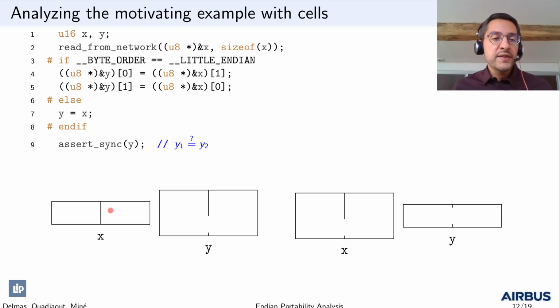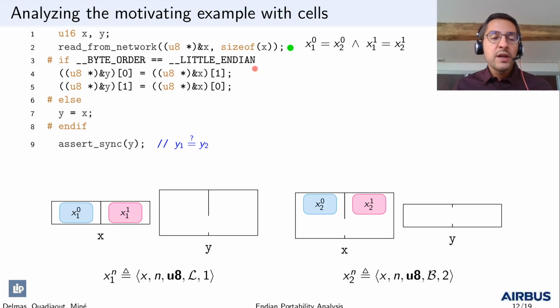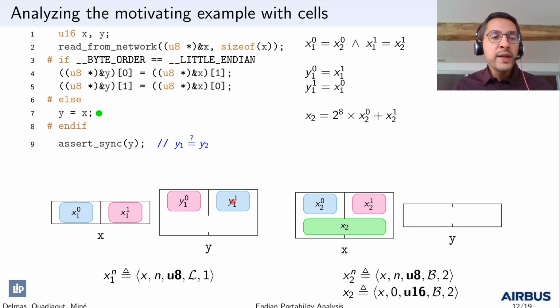This represents the little Endian memory, this represents the big Endian memory. When writing the same values to the bytes of X, we synthesize 1-byte cells in both memories and record equalities in the numerical domain. Then we byte swap X into Y in the little Endian memory, which synthesizes these cells. Then we read X in the big Endian memory, which synthesizes this cell with the values computed from those overlapping